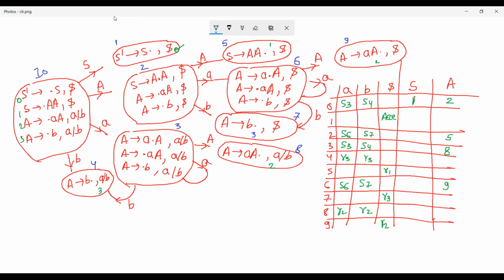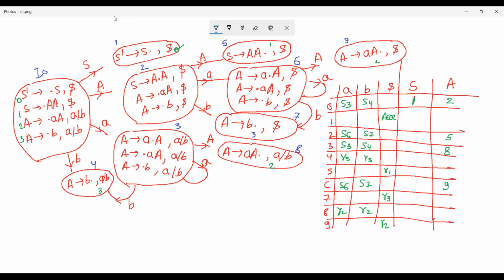Now for this state, on seeing capital A, this is the reduction. On seeing a small a, you will reach to the same state, and on seeing a small b, you'll reach to the I4. Now on this particular state, on seeing capital A, you will reach to I9, and on a small a, you will reach to the same, and small b, you'll reach to I7.